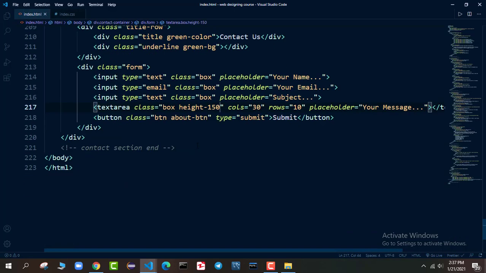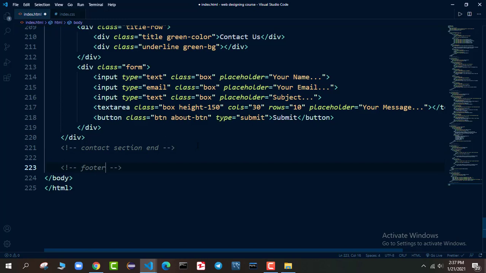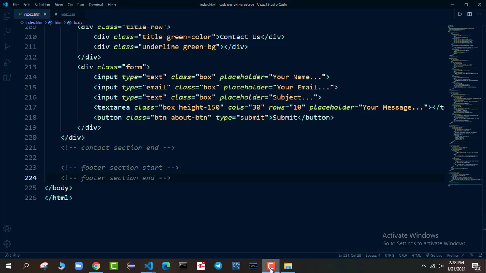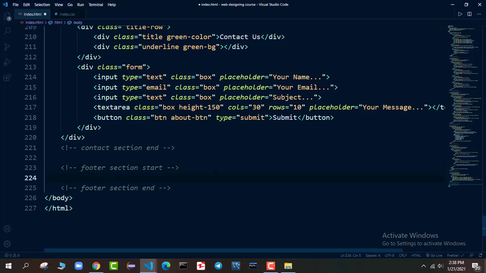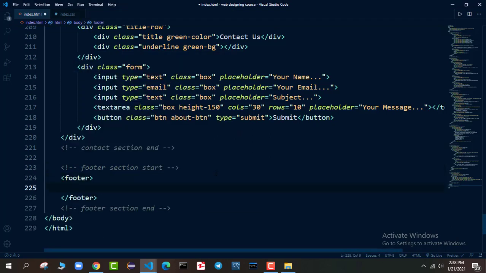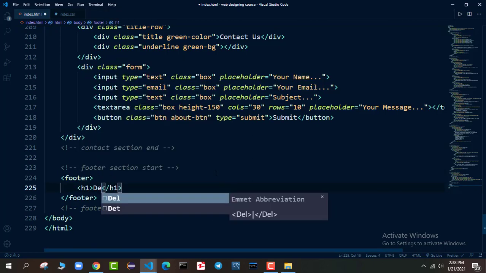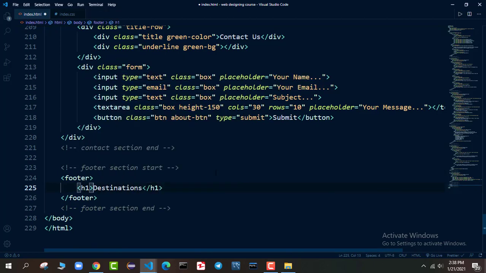Now the last thing that is remaining is the footer. So we'll say footer section start, and the footer section end out there. Okay, now let's write the HTML code of the footer, and it will be really simple. I will just add the footer tag. In the footer tag I will add h1, and it will be destinations.